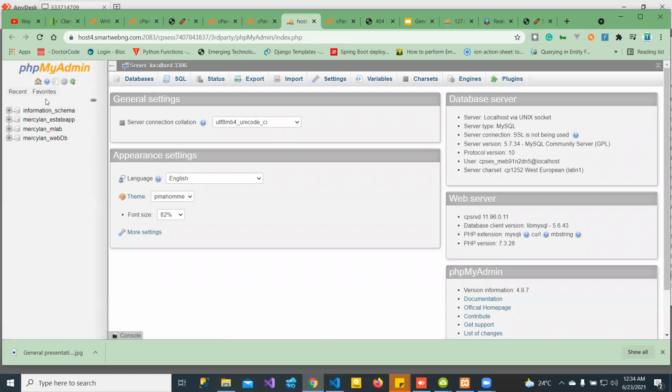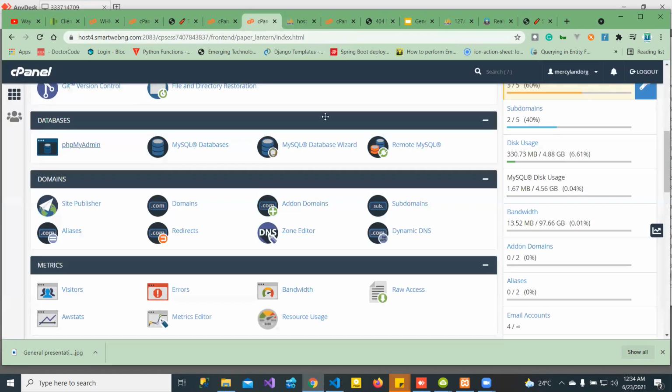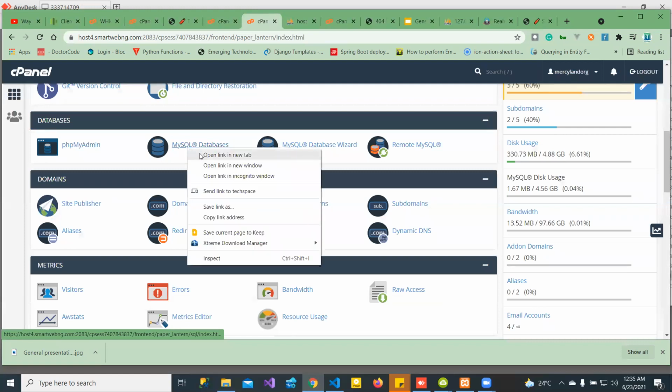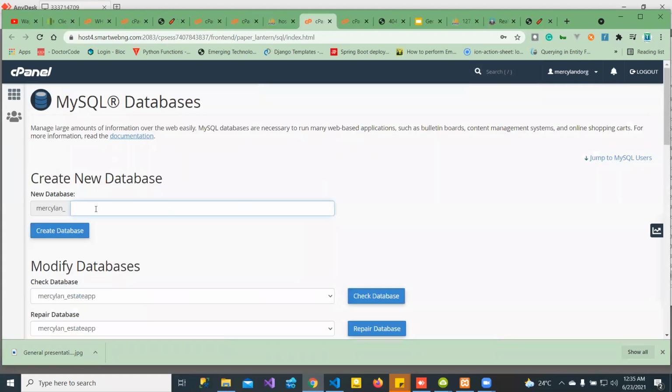Actually, if I want to use my local database, I can easily create a database, but here you have to do it in another way. So you come to this MySQL database. For you to create a database and for you to get a user. Now I'm going to create a database. Let's say